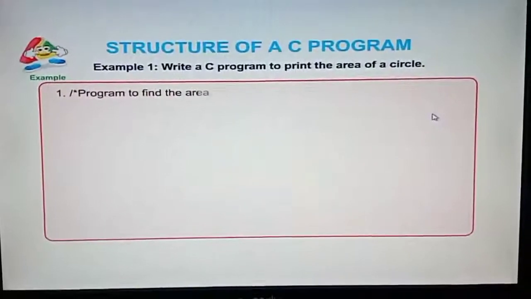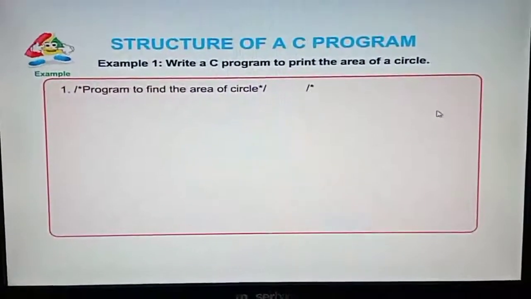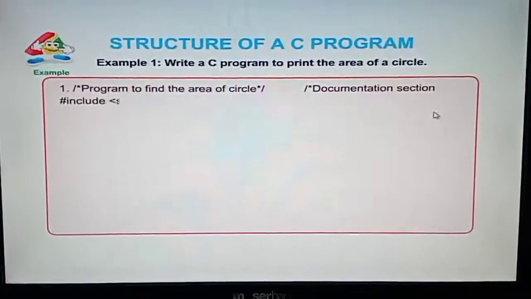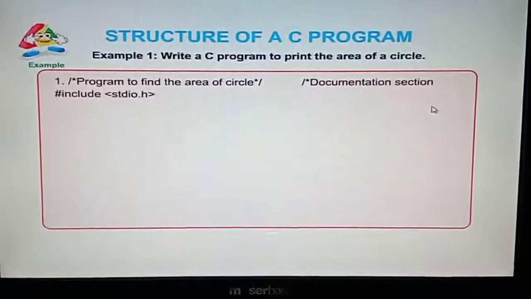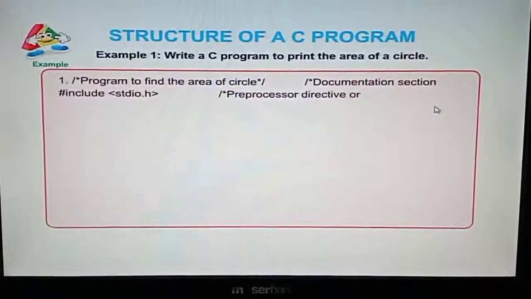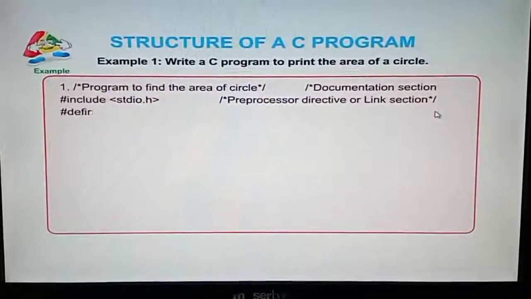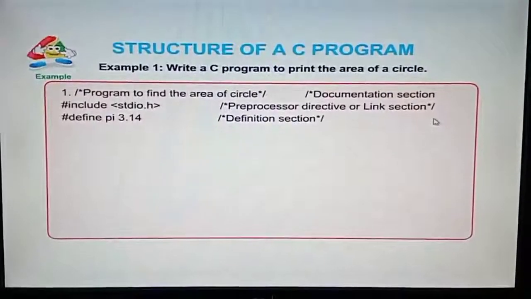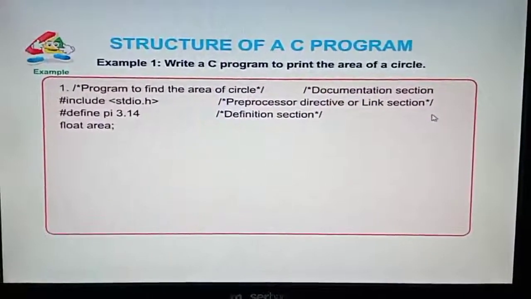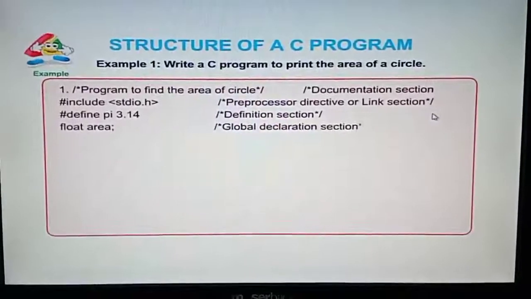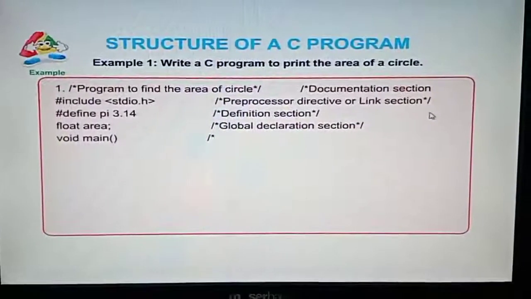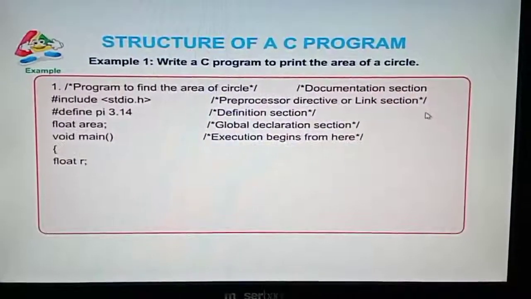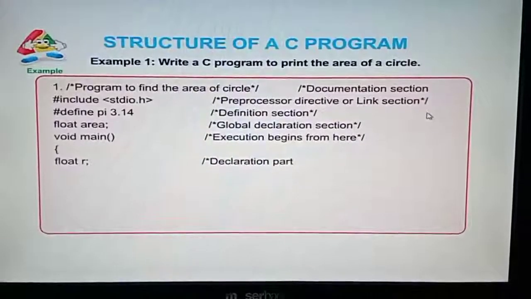/* program to find the area of a circle. */ /* documentation section */ #include <stdio.h> /* preprocessor directive or link section */ #define pi 3.14 /* definition section */ float area; /* global declaration section */ void main() /* execution begins from here */ { float r; /* declaration part */